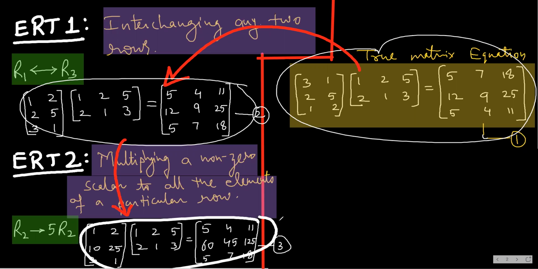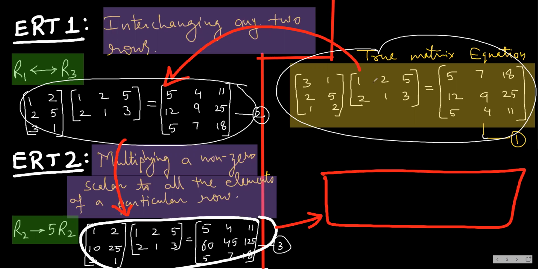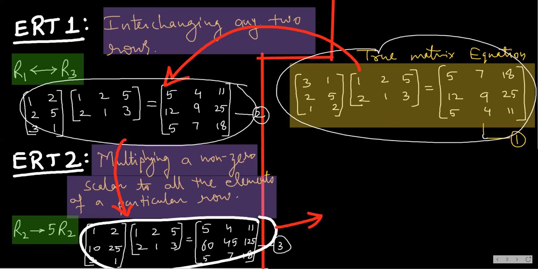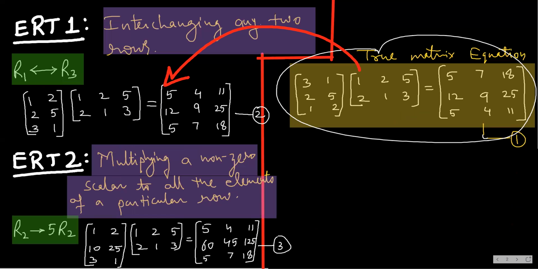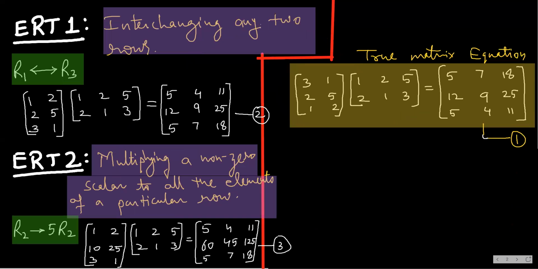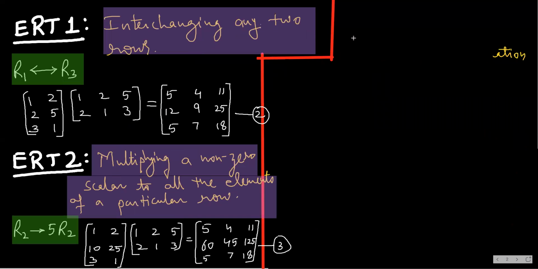Now I'm going to apply ERT3 on this. That will get me another true equation. So this was true, this is also true, this is also true. After ERT3, the equation I get will also be true. Since I need some space for writing, and we are not applying ERT3 on equation number 1, let me please remove this. So here I write ERT3. See what is ERT3.